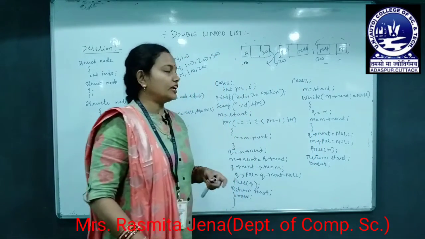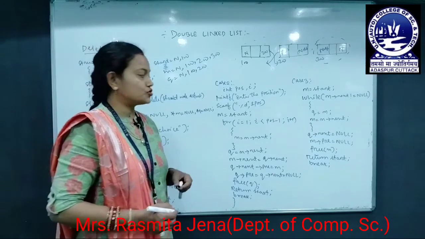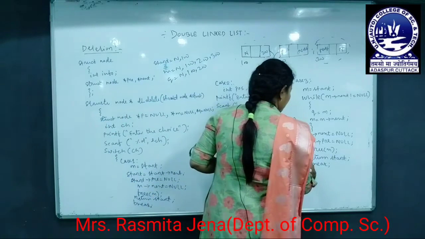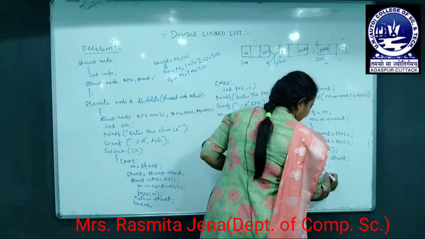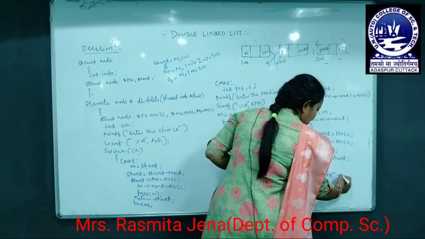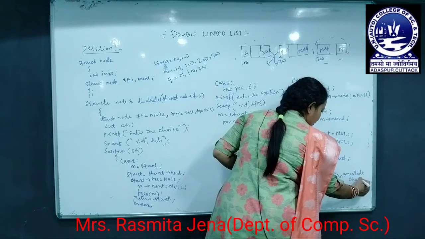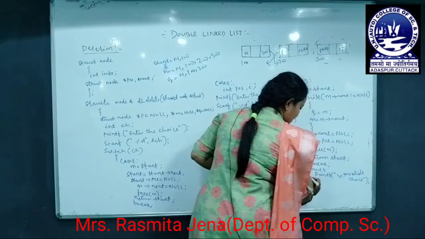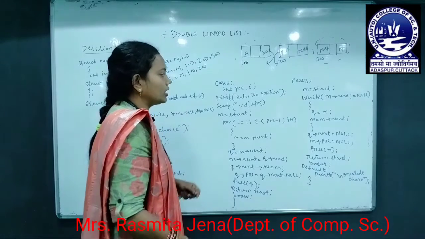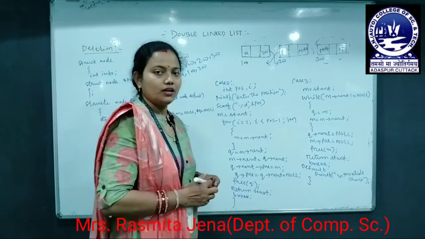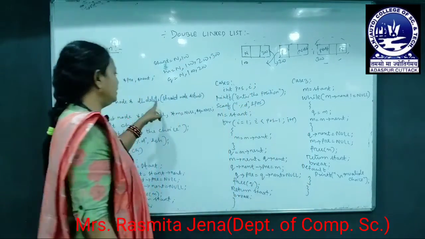If we input any value except 1, 2, 3, then there must be a default case in the switch case. So we must write the default case for the switch case, that is default. If we input any value except 1, 2, 3, then it will display invalid choice. So this ends our switch case, then the ending curly brace of the switch case, and as we are executing all the cases of the deletion operation in the double linked list, give an ending curly brace for the function, that is DL delete.